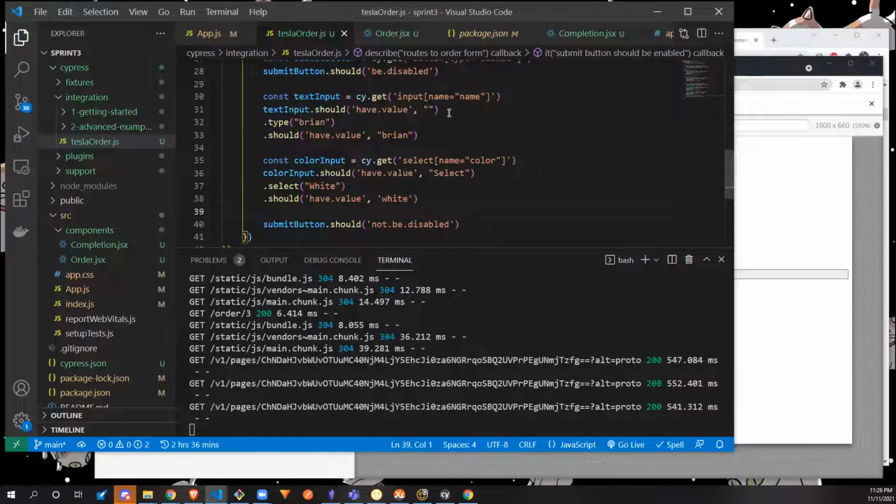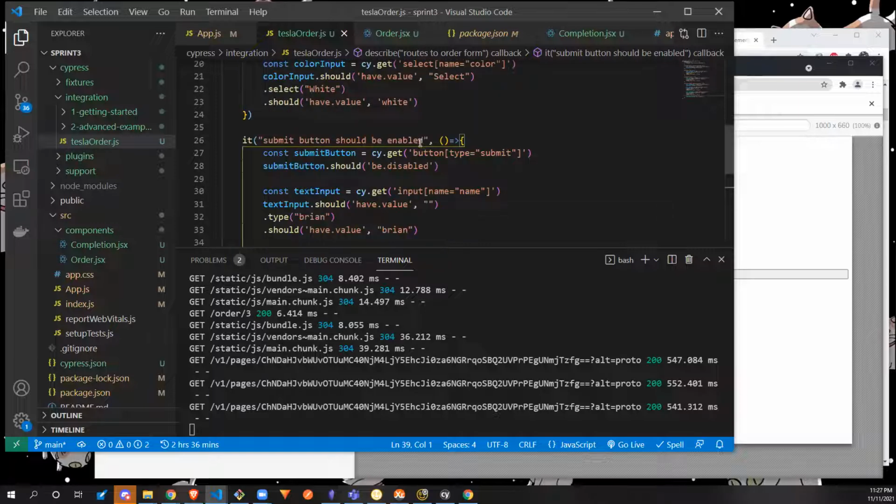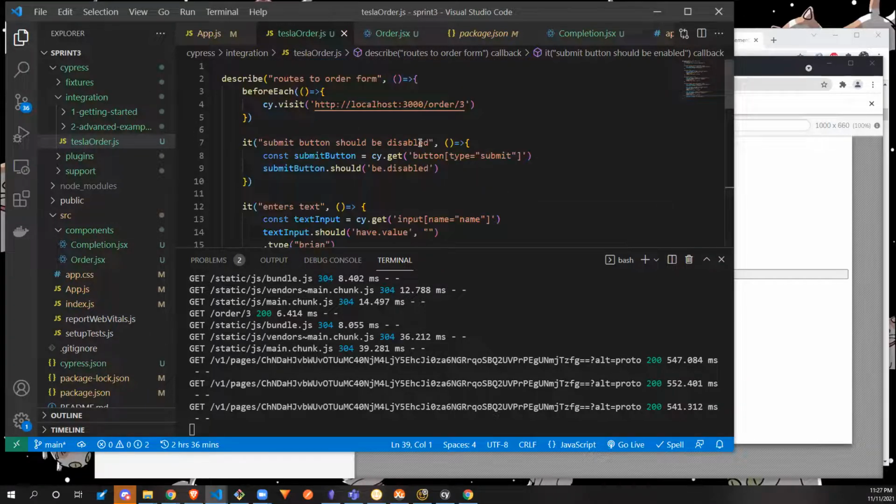I know everybody was kind of freaking out about Cypress. Oh no, it's testing. I can tell you from firsthand experience that testing isn't really that hard. It's just a lot of the times you kind of have to look at it from a different perspective. So like this one here, it doesn't route to order form. This one is going to be form works as,